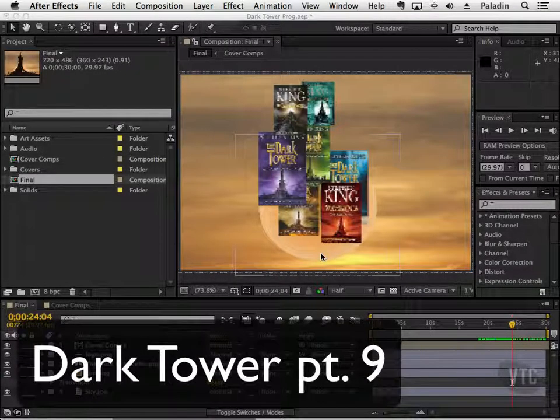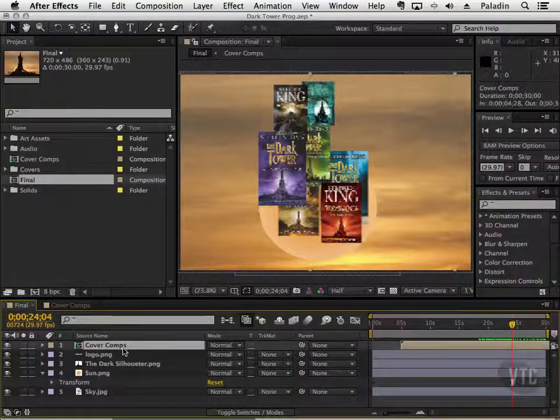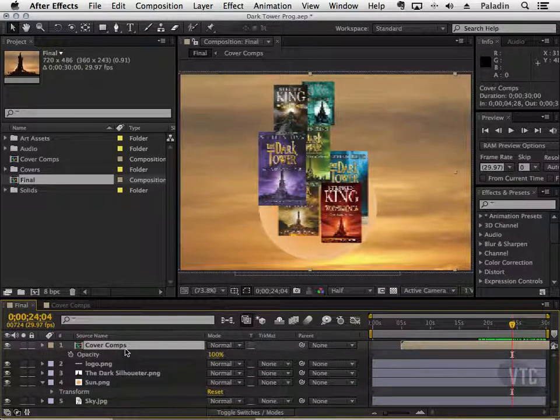Now let's go ahead and work on the fading out of the covers and the fading in of the dark tower. So on the cover comp, I'm going to go ahead and twirl open the transparency by hitting T. And now we already know it's visible all the way until this point. So what I want to do is make sure that it only turns invisible when I want it to, which